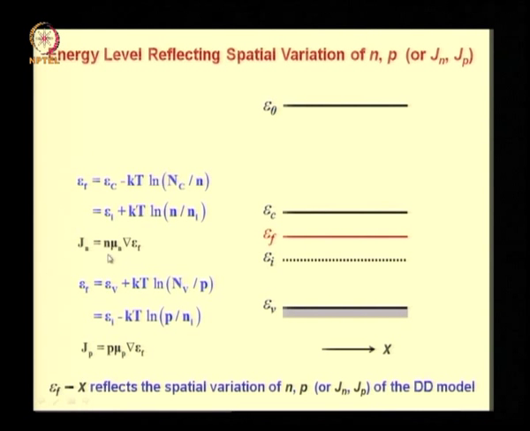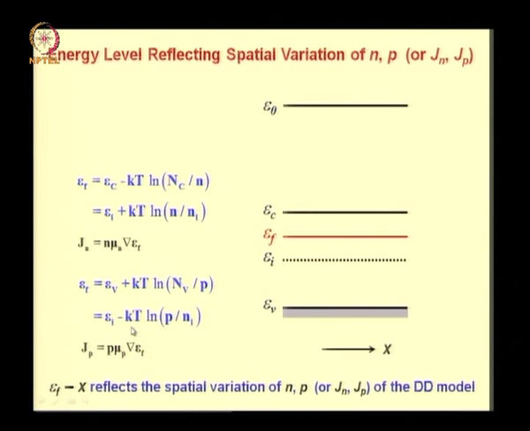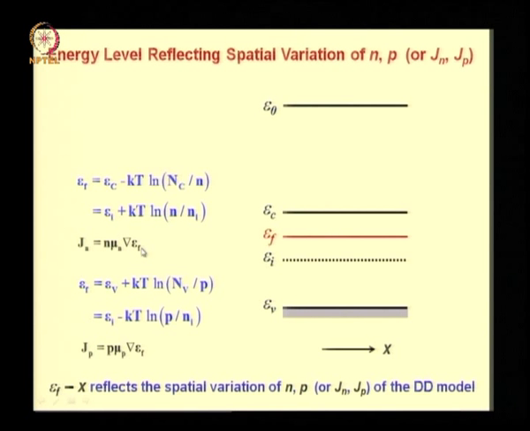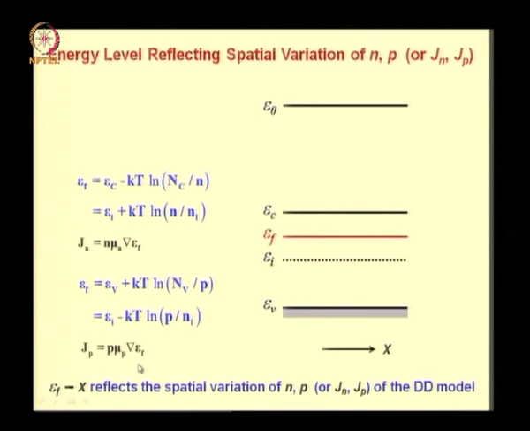Once again, in analogy to the electron current density, the hole current density can be expressed in terms of the gradient of the Fermi level. Since it is an equilibrium case, the same Fermi level enters the expression for holes as well as for electrons. Otherwise, as the assignment will show, what you will have in the expression for the current density of electrons would be the quasi Fermi level for electrons, EFn, and what you will have in the expression for Jp would be the quasi Fermi level for holes, that is EFp.